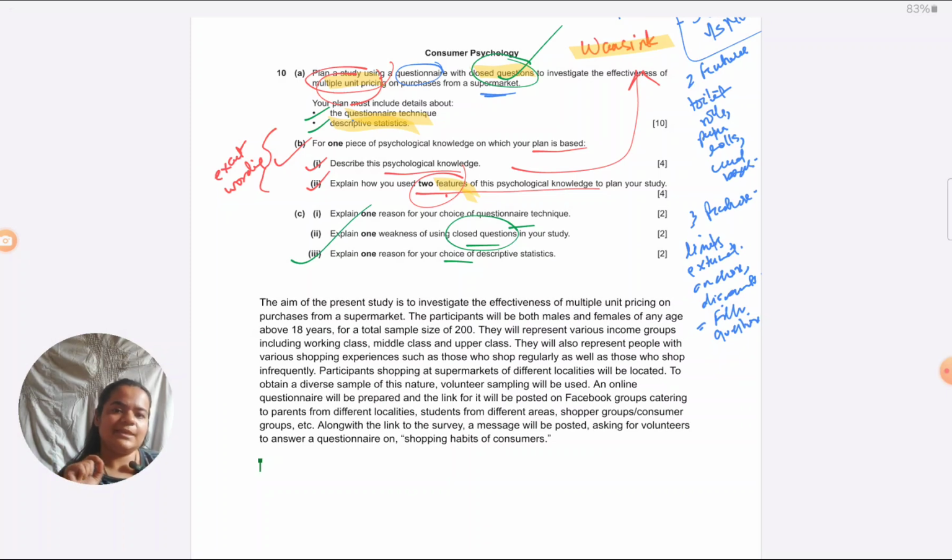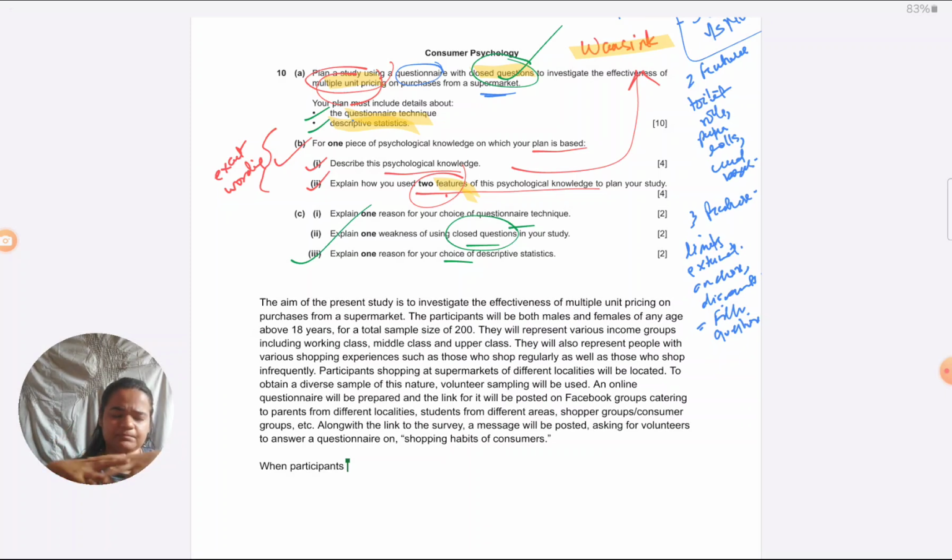Also, like I always say, ethics have been given a lot of weightage this year in designing a study. In the mark scheme, a separate criterion is ethics. So you definitely need to cover them, and as many relevant ethics as possible for your study. When it comes to participants, you are not having personal contact with them, because I'm not getting them to answer the questionnaires in my presence. So whatever ethics I'm following will have to be done on that online questionnaire only. So I have to design it that way.